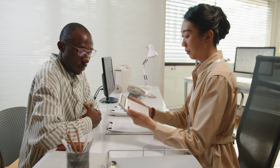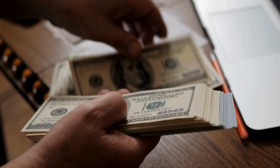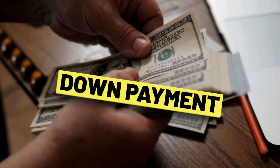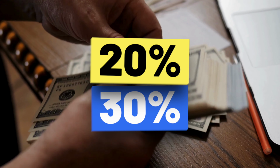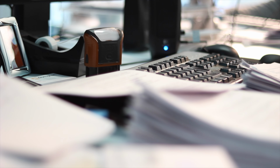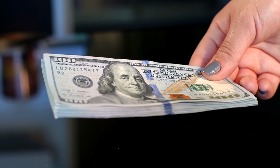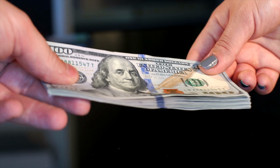So what we see a lot of times is that private lenders do require a pretty substantial down payment. Most are wanting between 20 and 30% down. Why do they do that? Because they're not making you jump through the same hoops that a conventional lender would by going through all of the paperwork, all the documentation, running the credit, all that stuff. And so they're saying, hey, we're going to take this pretty big down payment and we're going to give you this money. But typically these do have some type of a balloon payment that's due in a 5-year period,